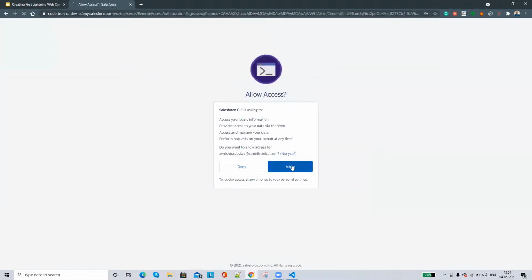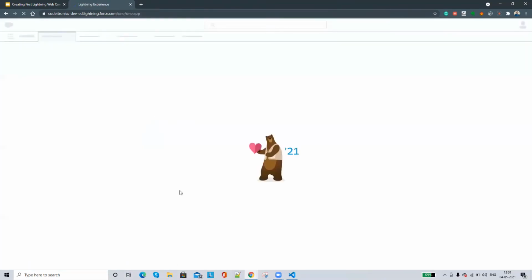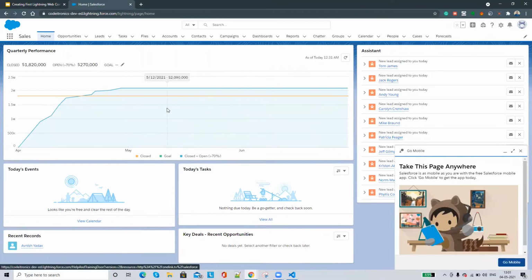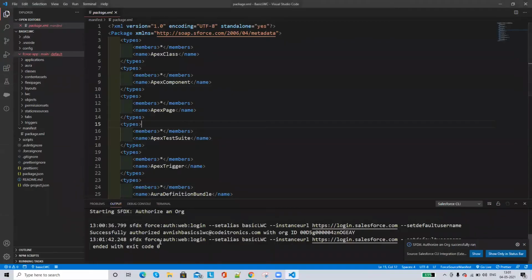You have to give access by clicking allow to the CLI, and now it's configured to your Salesforce org. If you go there, you can see that it's successfully set up, and as the default org also. Your alias name is basic LWC.